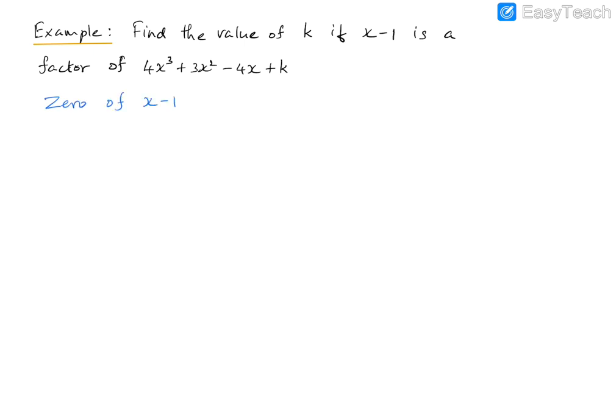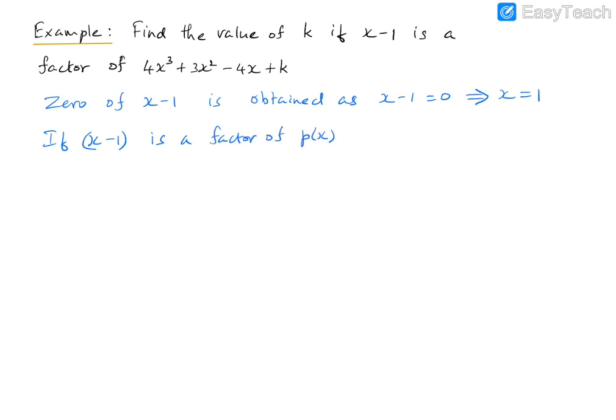The 0 of x minus 1 is obtained as x minus 1 equals 0. So that means x equals 1. So x equal to 1 is the 0 of the binomial x minus 1. So if x minus 1 is a factor of p of x,